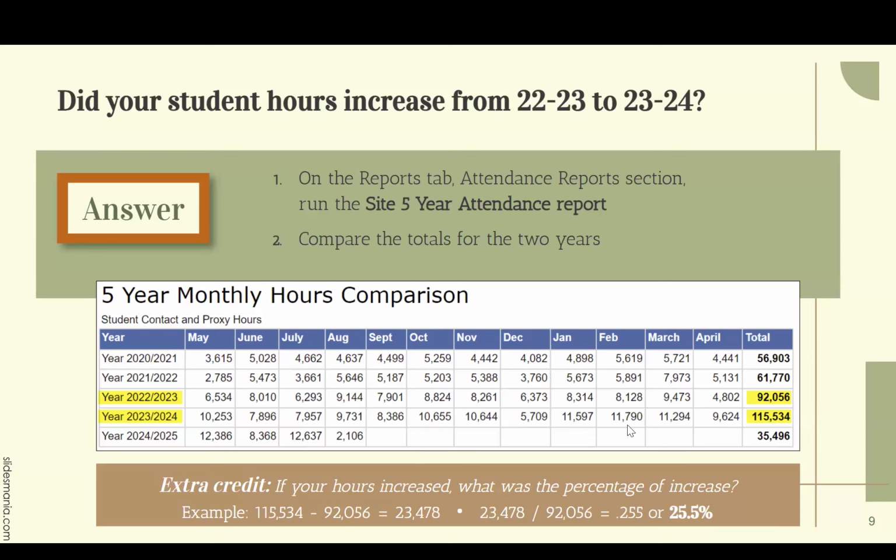Another option, of course, would be you could run last year's table A. And table A goes from May 1st to April 30th, and that's what counts all your hours, and that's what you get funded on. And then you could run the previous year's table A, and you would get these totals, and then you could do your math. I just think this 5-year one is handy, has it all in one page.